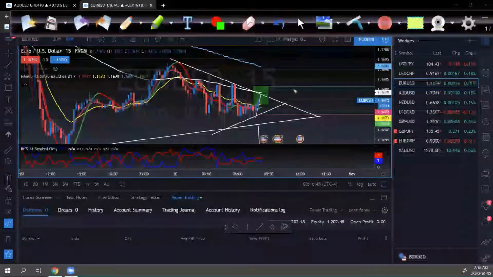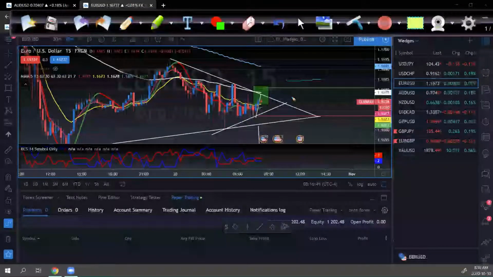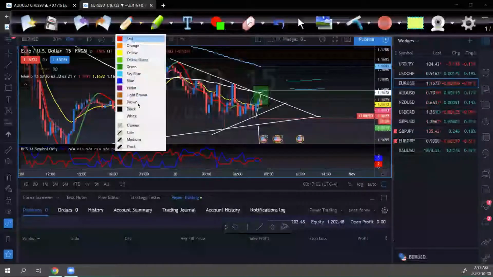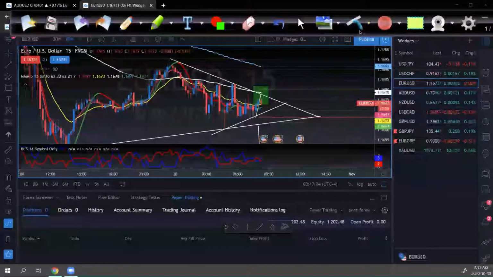So if I wanted to put a sky blue line here, I can say that from this line to this line is actually 5 pips. So we didn't make it to the top. That's really tiny. Let's erase that. So we are getting a bounce on the